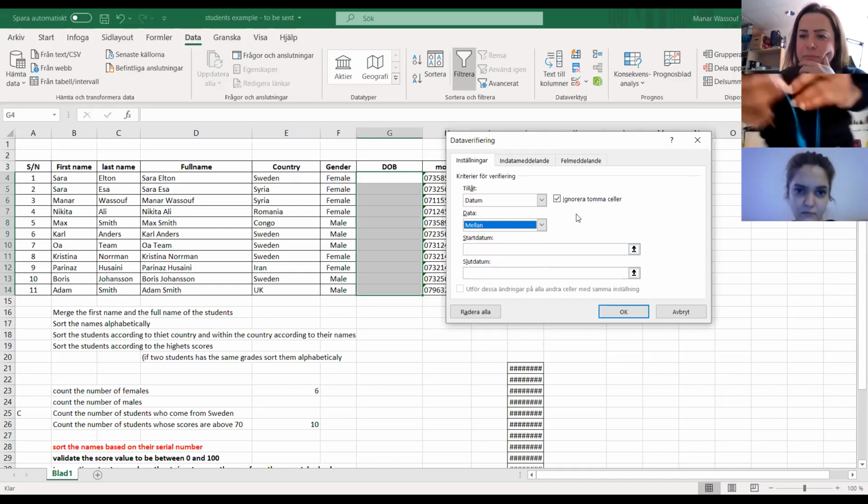Max? Are you with me? Yes. Good. So we choose here to allow dates, Datum, and the data should be between, which is mellan.